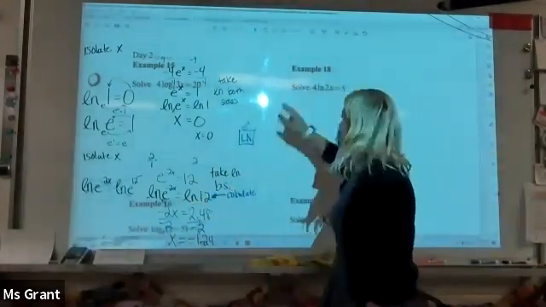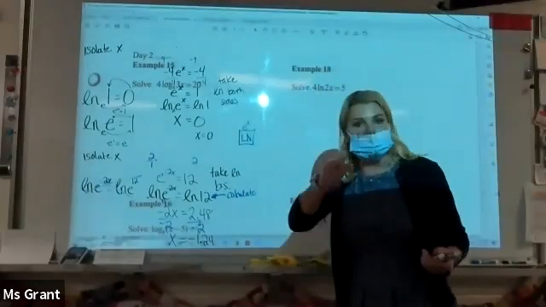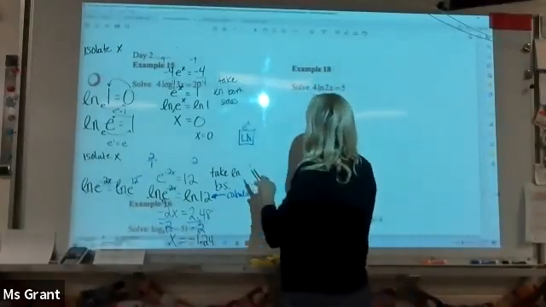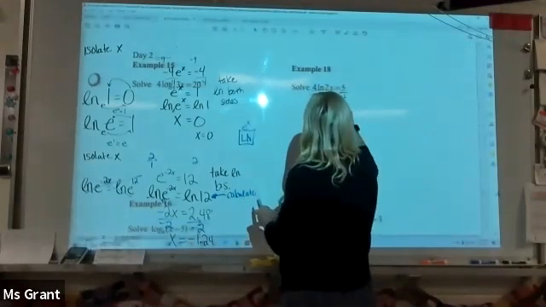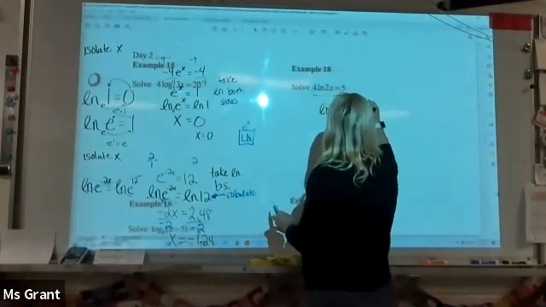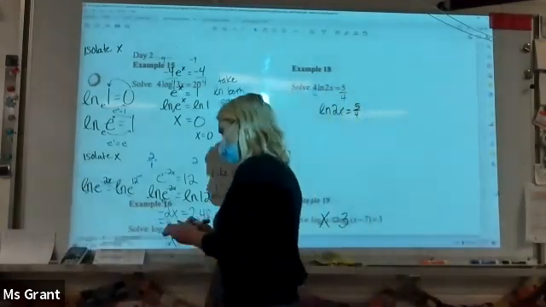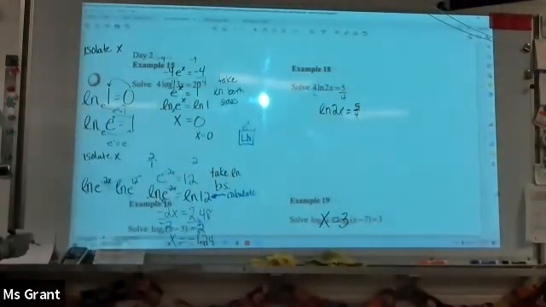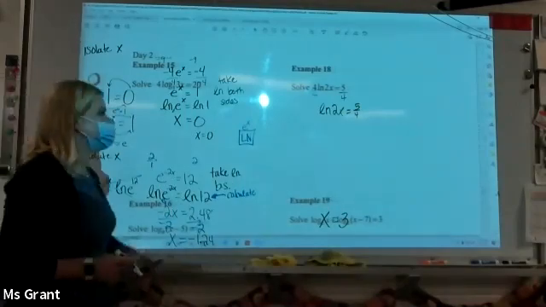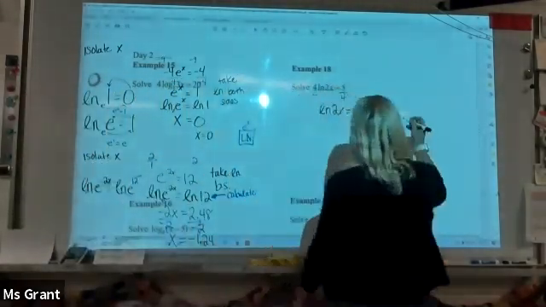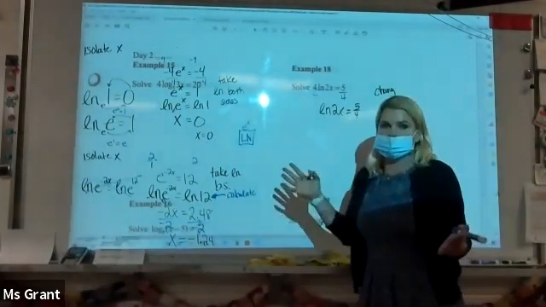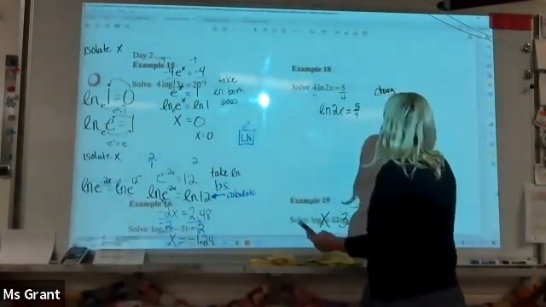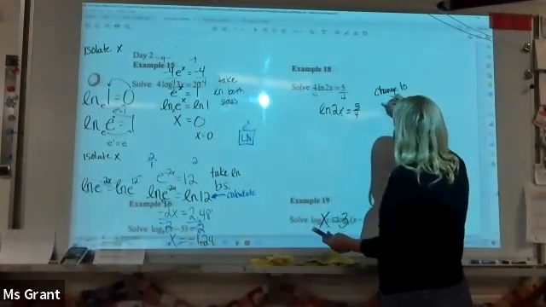Look, there's not a natural log on both sides. I can divide by 4, and I will. This is natural log. I need to change it, because I can't solve this as it is. There's nothing I can do